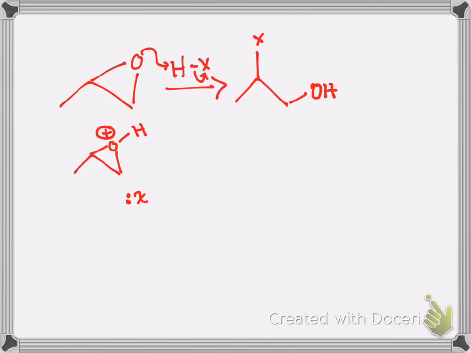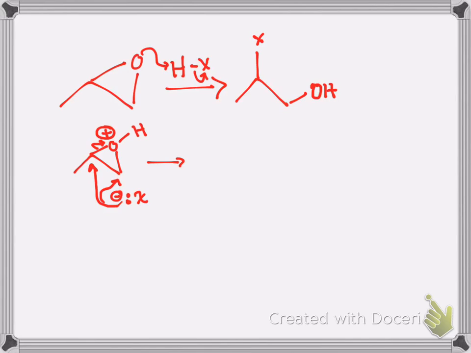Here's my nucleophile. It could either come in here or it could come in here. The end result is that, because I've just shown you the main reaction, it attacks at this point here. So even though this side's more sterically strained because it has an extra alkyl group on it, it turns out to be more reactive because this bond is actually a little bit weaker than this bond is. The reason for the weakness of the bond is if you think about as this bond breaks and you start pulling the electrons towards the oxygen, in that direction,